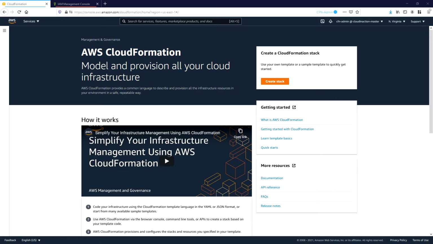So CloudFormation, as I mentioned, automates the provisioning and updating of your infrastructure, and there are no manual steps or controls that can lead to errors. Also, CloudFormation is available with no additional charge. You pay only for the AWS resources provisioned by CloudFormation. So let's jump into